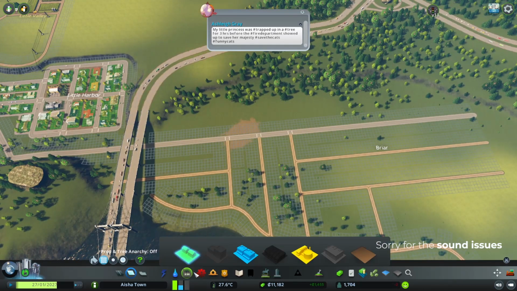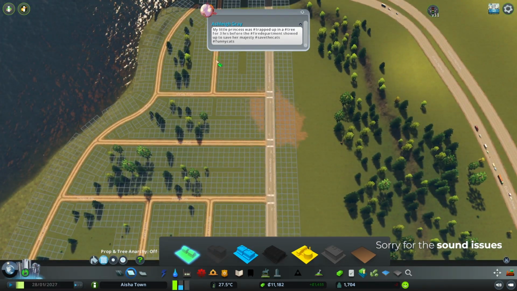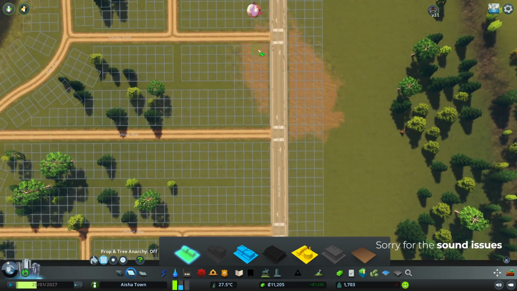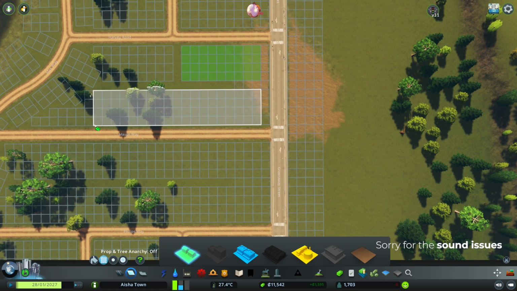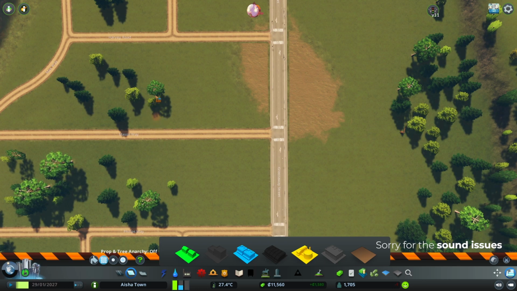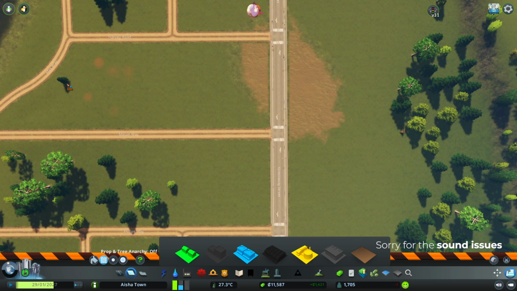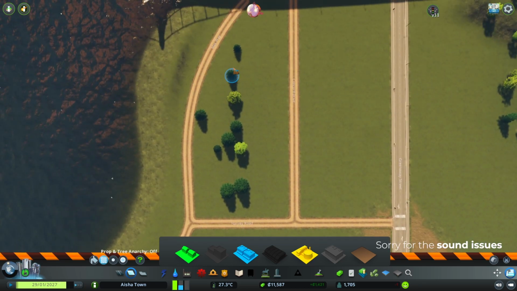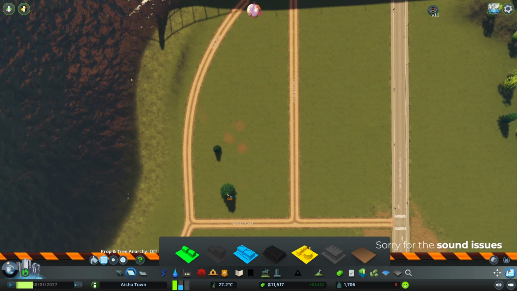But we need to place houses in here, as many as we can. So that's what we're gonna do. Let's start placing houses all around here, because that's what I want to do. Let's just erase some of these trees. Let's continue erasing those. These are going to be...